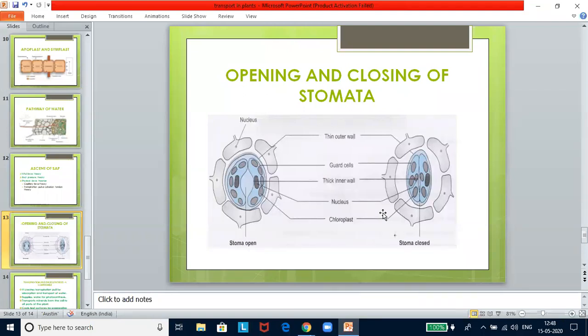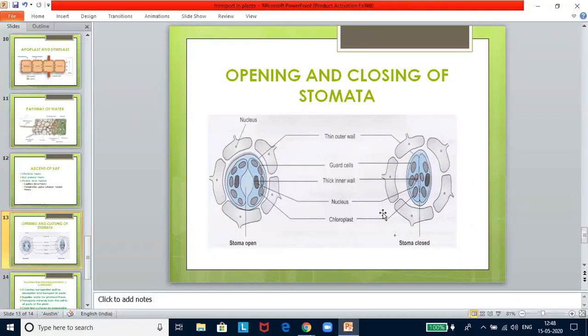Now, the process of photosynthesis needs water. When water evaporates through the stomata, the thin film of water over the cells is continuous. It results in pulling of water molecule to molecule into the leaf from the xylem. Another factor is the lower concentration of water vapor in the atmosphere as compared to the substomatal cavity and intercellular spaces. Water diffuses into the surrounding air, and this creates a pull.